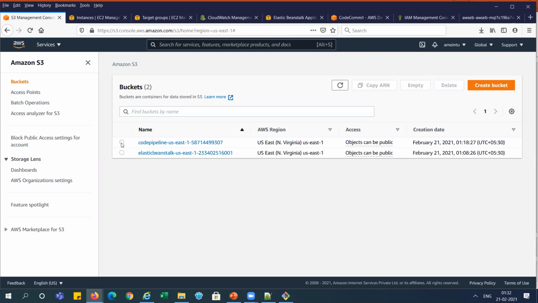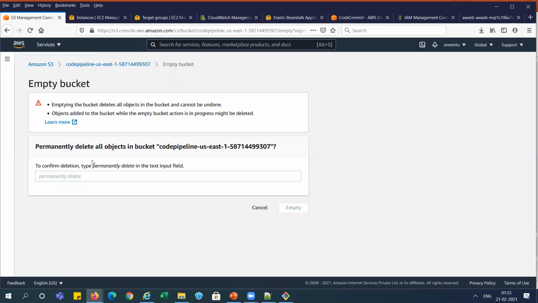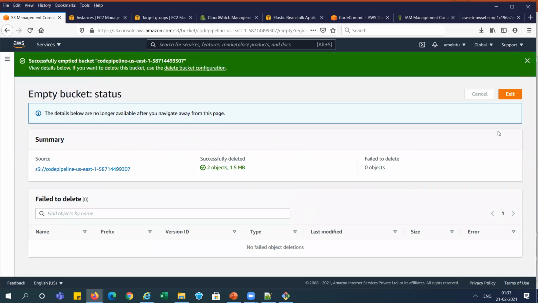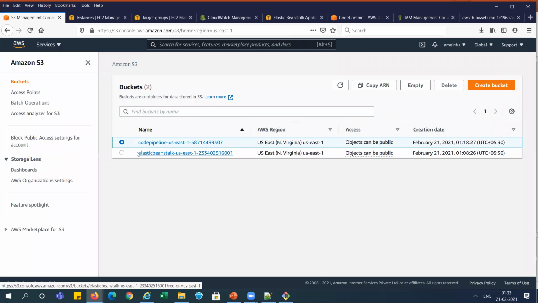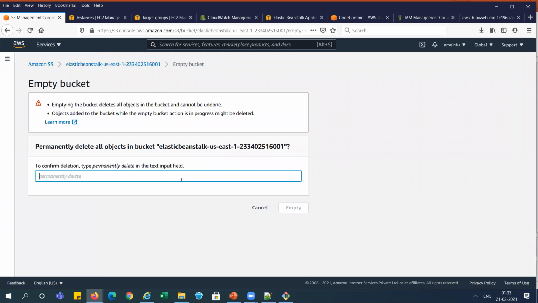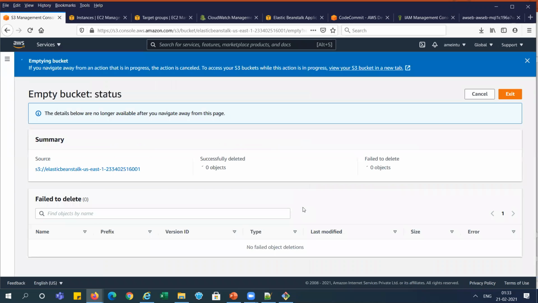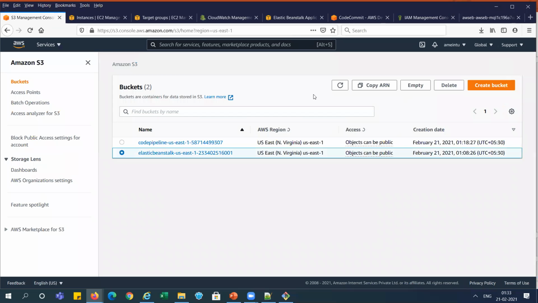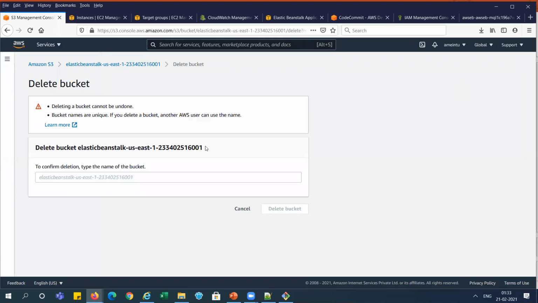So let me go and delete the S3 bucket. I'm going first. We need to empty it. So I'm going to empty it, right? Now, after emptying it, we can go and delete it, right?